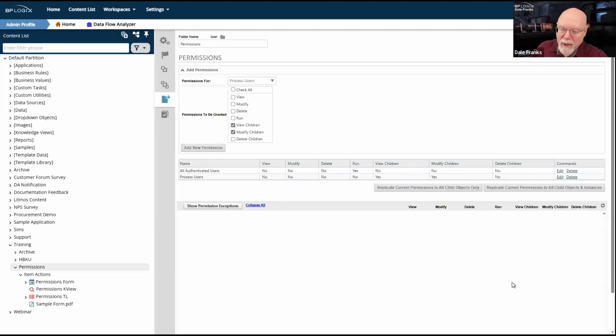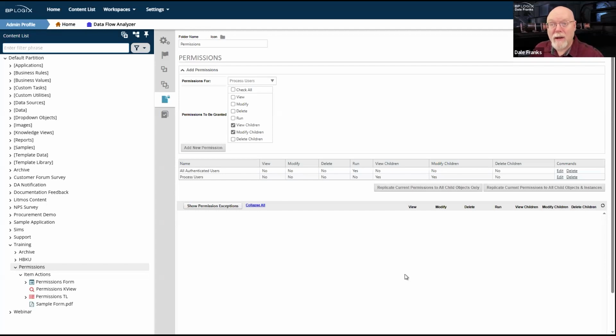Now, I've got system administrators, and those system administrators can do anything they want. I've got partition administrators. They, like system administrators, are exempt from these permissions. They can do anything they want. So assuming I have my system administrators and trusted partition administrators set properly, I probably don't need to do anything else for permissions on this system.